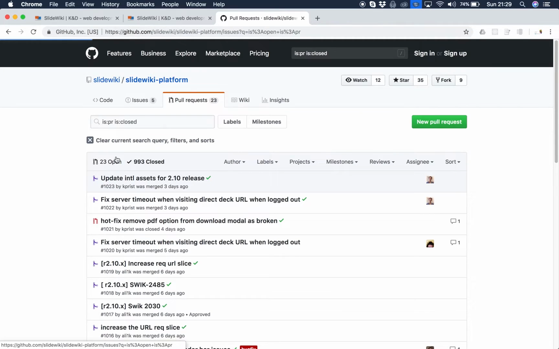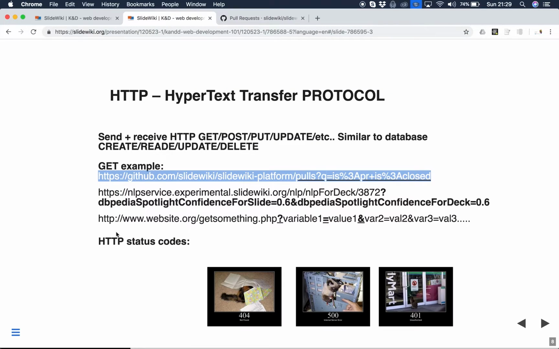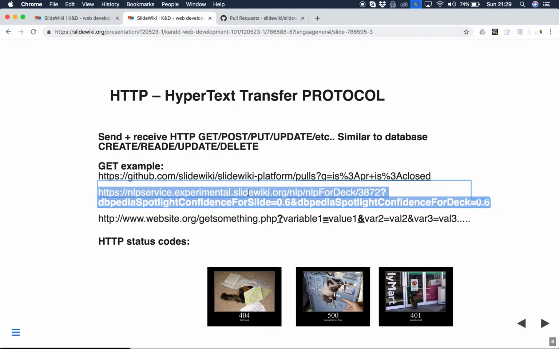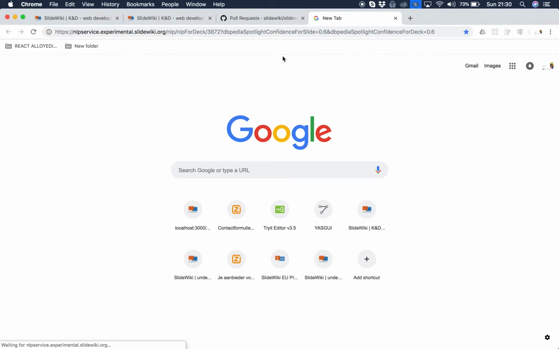So if I click on open, I see that the query is now open and is a PR, a pull request. Another example is the natural language processing server on nlpservice.experimental.slidewiki.org, and I do natural language processing for a slide deck, namely 3871, and I have some confidence interval that I'm sending. So you have here a question mark, dbpedia spotlight confidence for slide, and the value is 0.6. And then when I do this, I am retrieving natural language processing results, which takes some time,